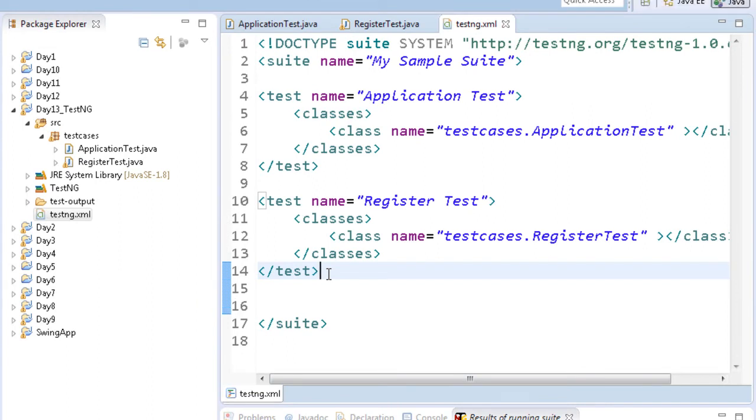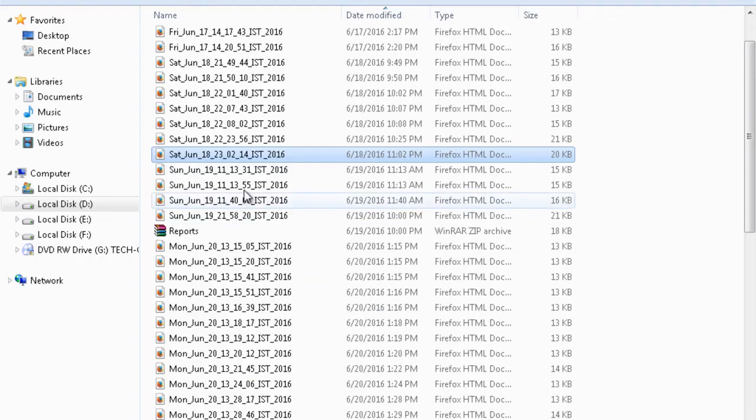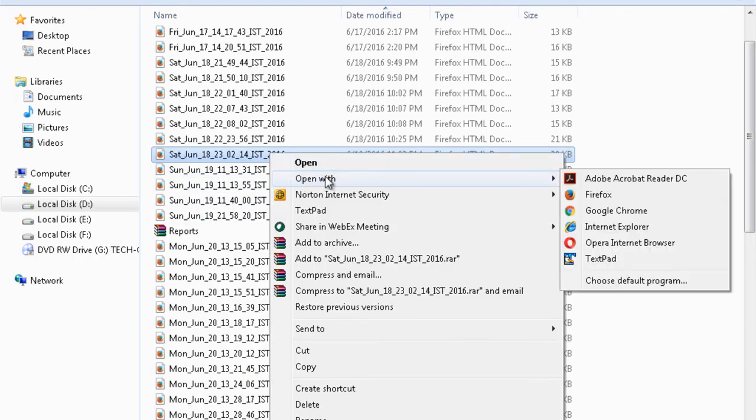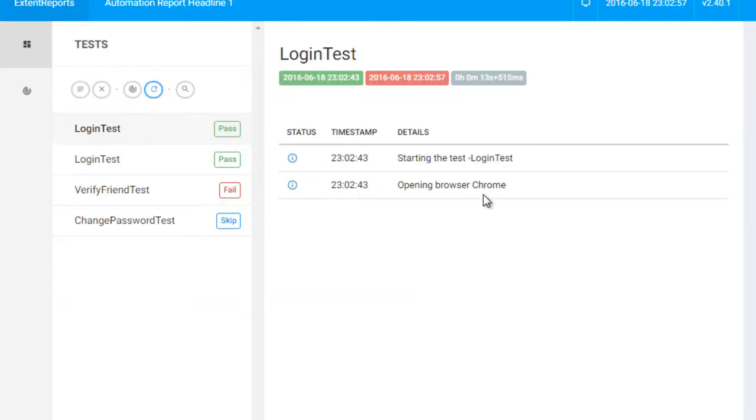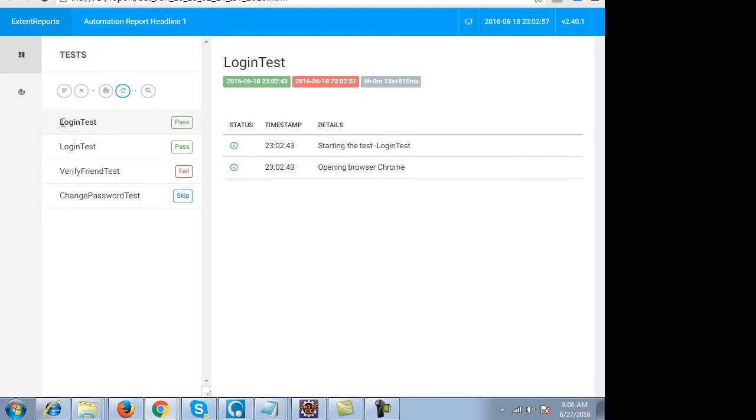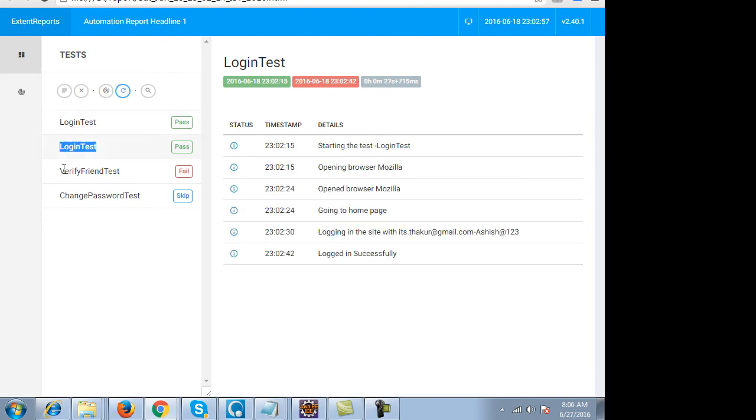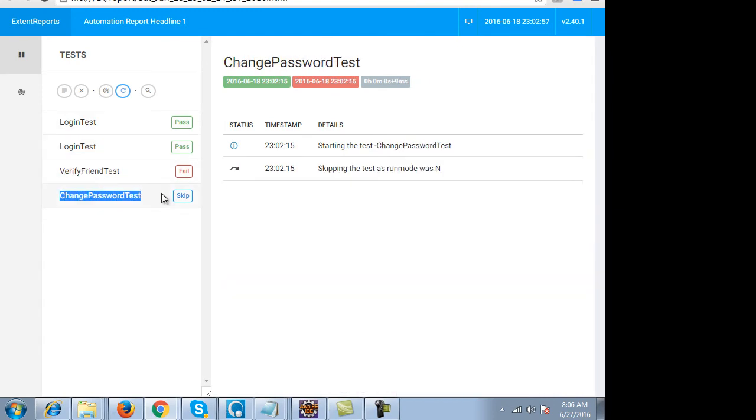This is primarily what TestNG does. You can also generate very good and effective reports, the way I have shown with the Extent Reports. In Extent Reports you have every test case individually mentioned.